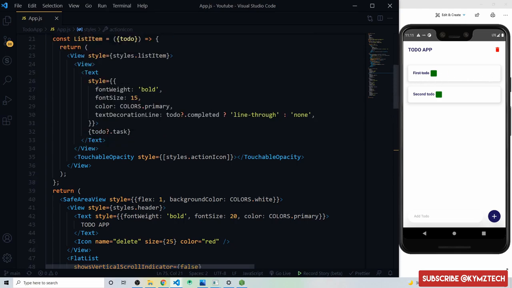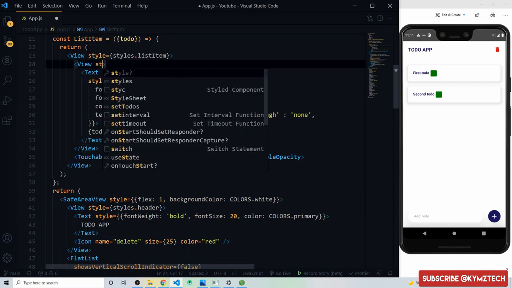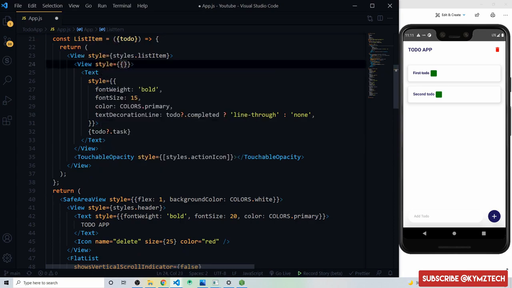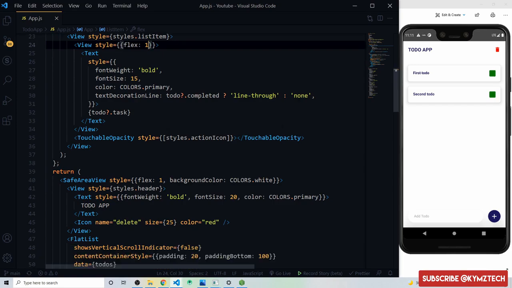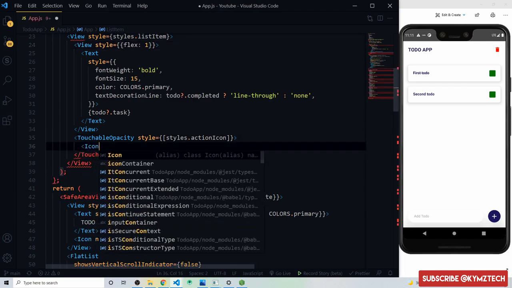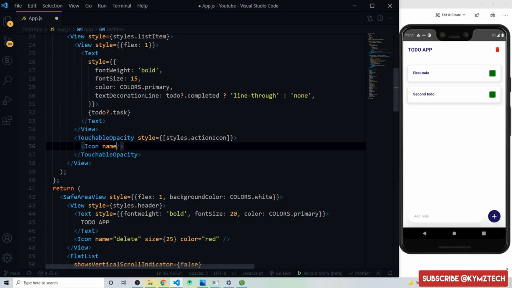So to fix this, the view wrapping the to-do text, we are going to give it a style, and I'll give it a flex of 1. So this is going to stretch and it's going to fill up this space, which is going to push the button to the right. So right now we're going to add the icon, and for the icon we are going to add a done icon. So give it a name of done. So we have the icon, you give it a size of 20 pixels, then a color of white,